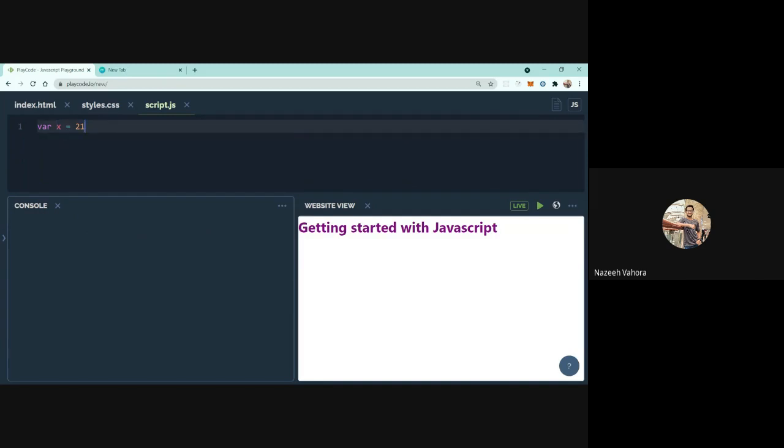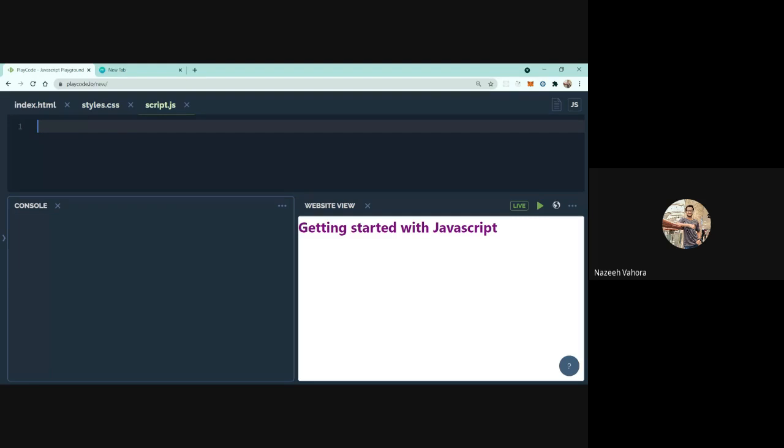Now if I give it a decimal value, in the C language we refer to this as a float variable, but in JavaScript this is also referred to as the number data type only. So all types of integral, non-integral, and fractional values come under the number data type.